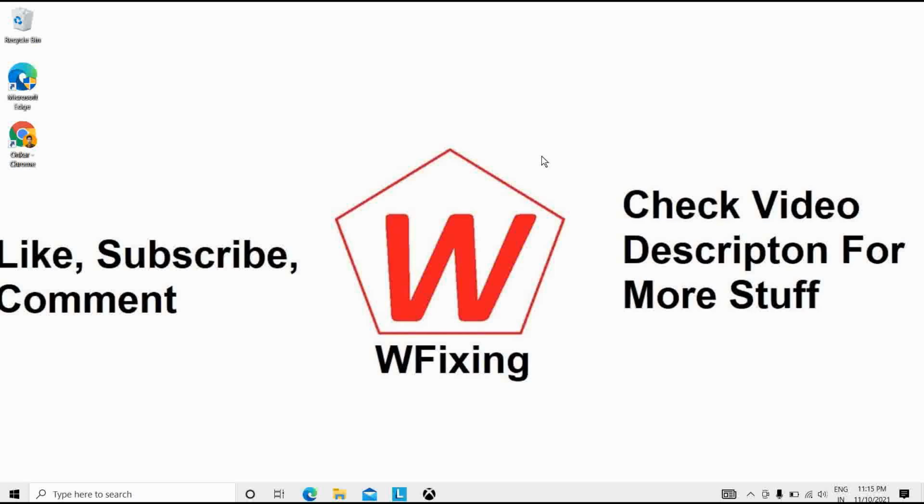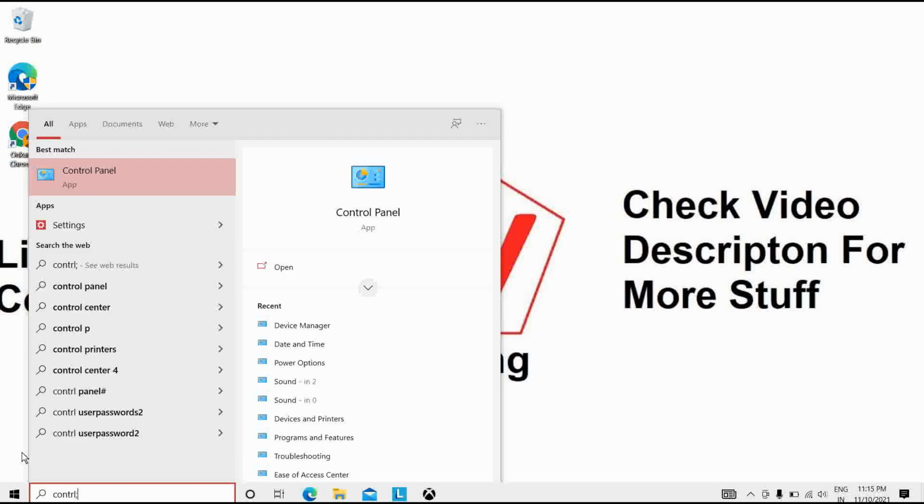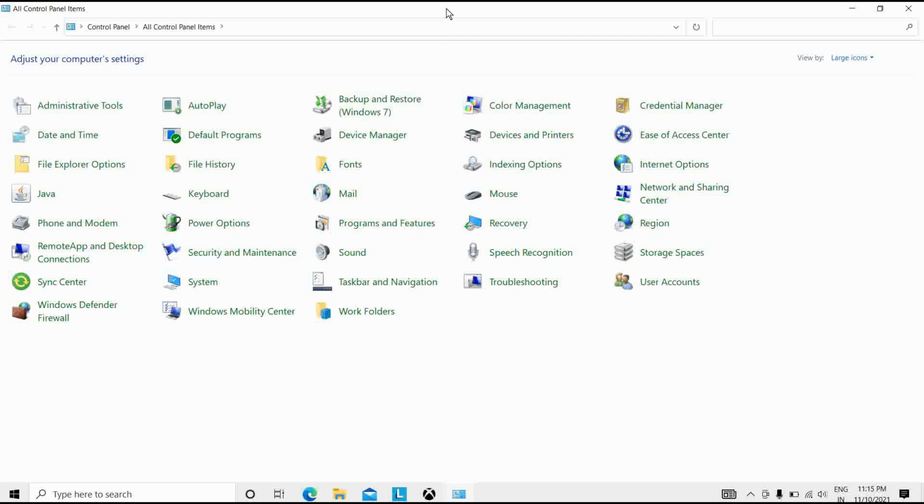So how to do that? First we will go to our Control Panel. There I will type the Control Panel option. You can see here the Control Panel. Then I will simply open my Control Panel. You can see here all these symbols. You can adjust the symbols here, large icons and small icons. So I will simply select large icons, so you will see bigger icons in front of your screen. Okay, so it will be easier to find your options in the Control Panel.